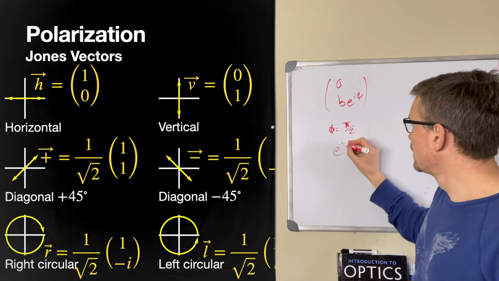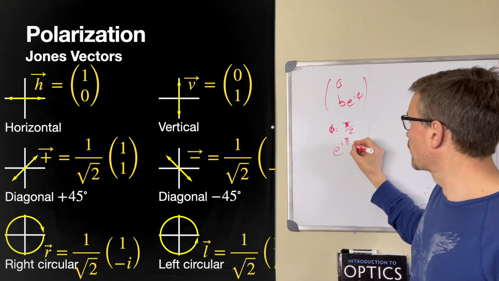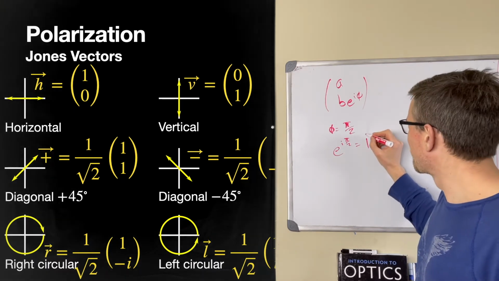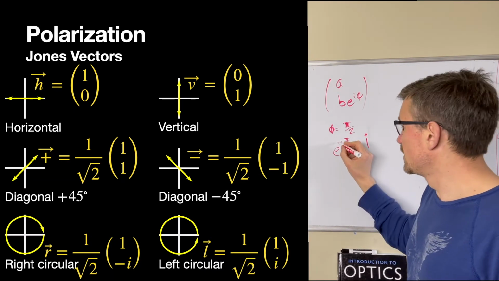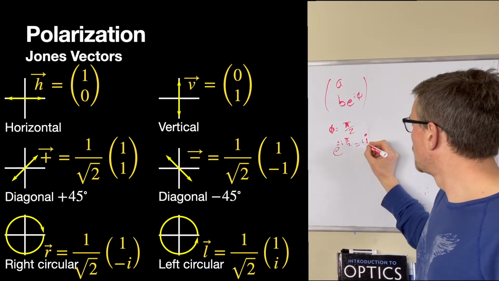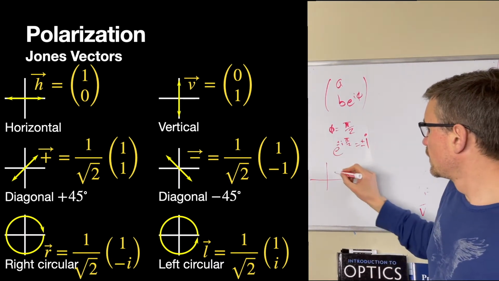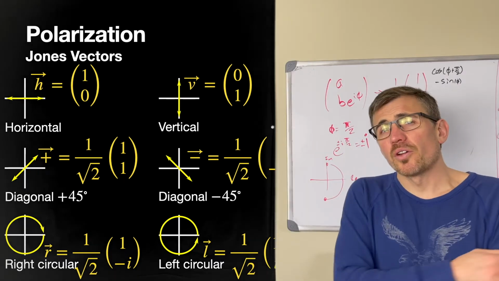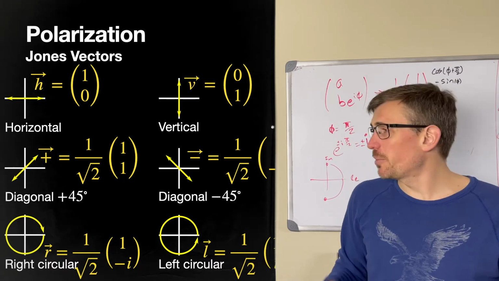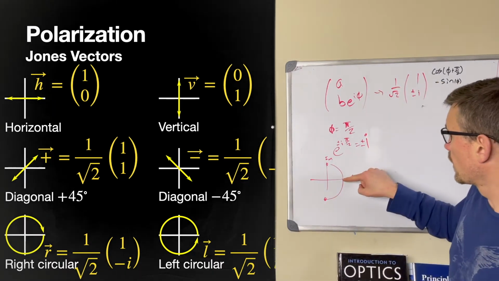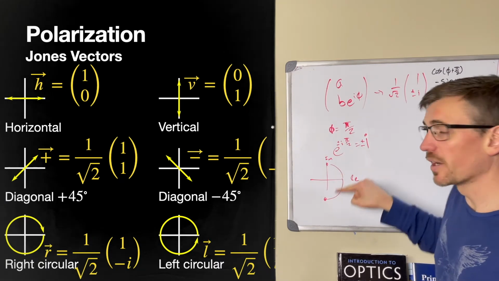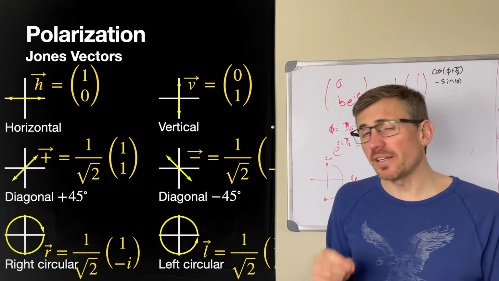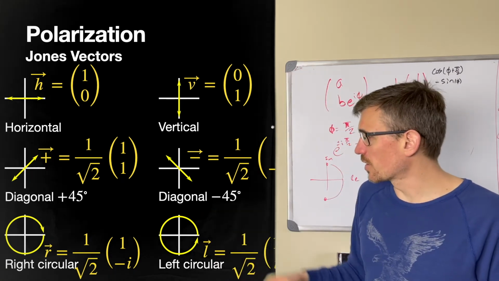And e to the i pi over 2 is equal to i, and similarly e to the minus i pi over 2 is minus i. On the complex plane, it's going to be either here or here. So whether it's plus i or minus i just depends on whether the light is evolving this way or this way. Okay, so that is the two bases. An interesting thing to note is that the right-hand circular polarized light and the left-hand circular polarized light also